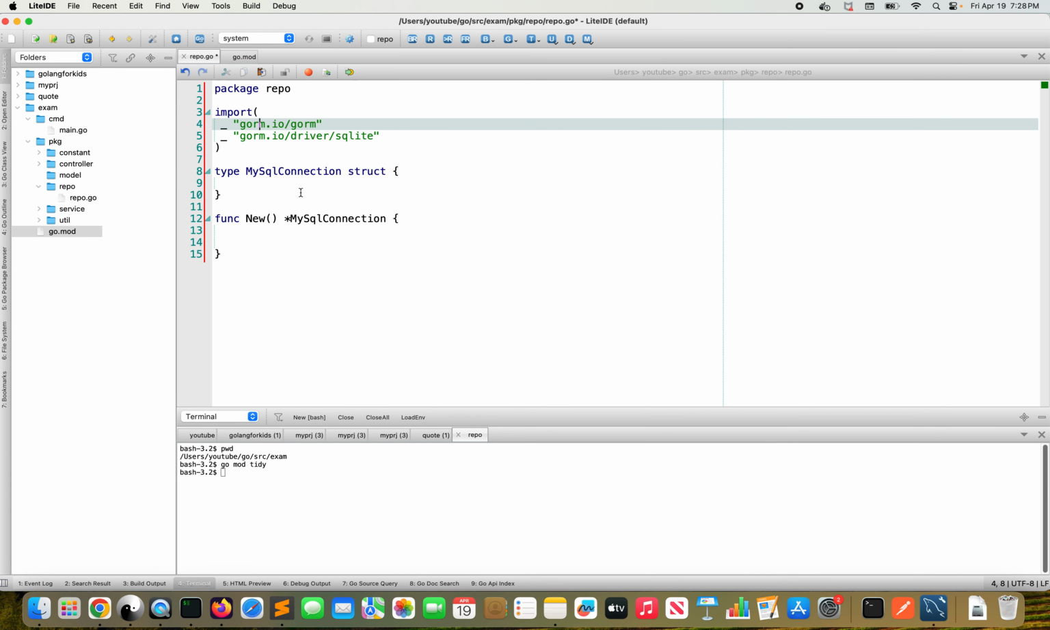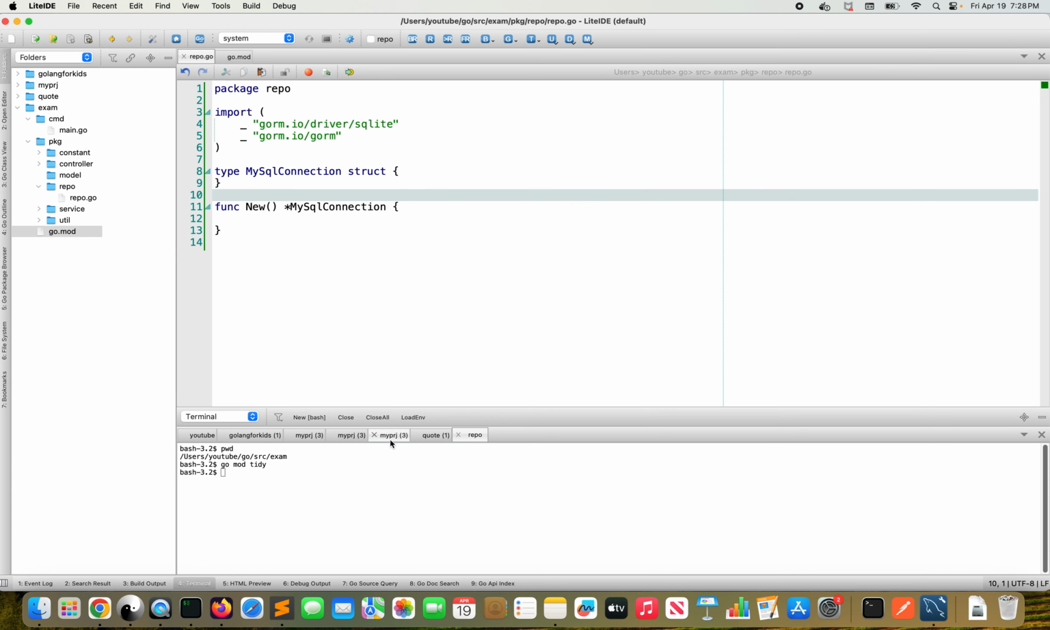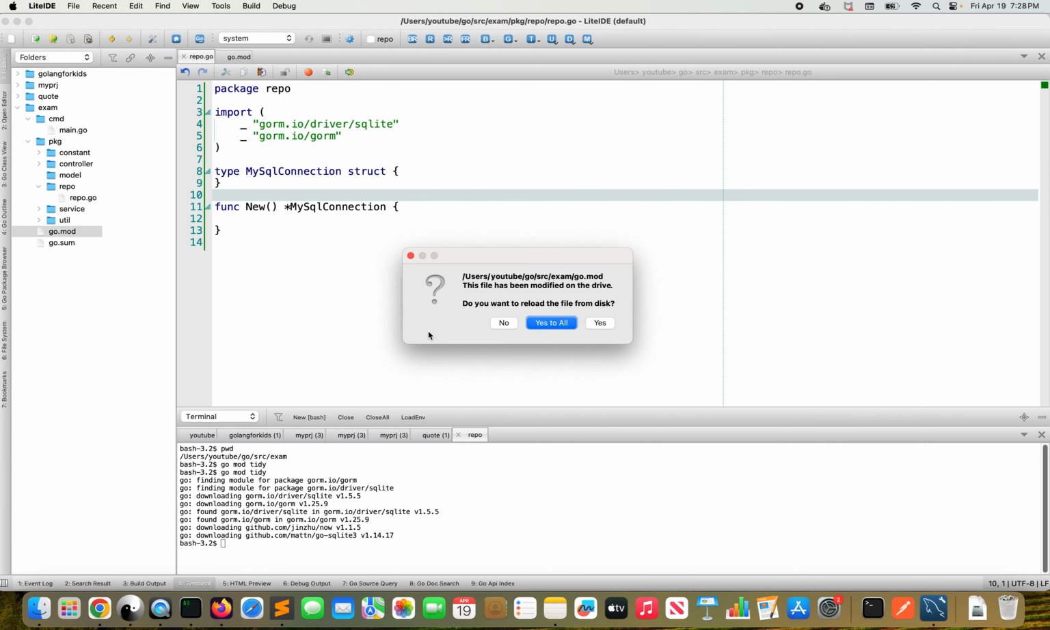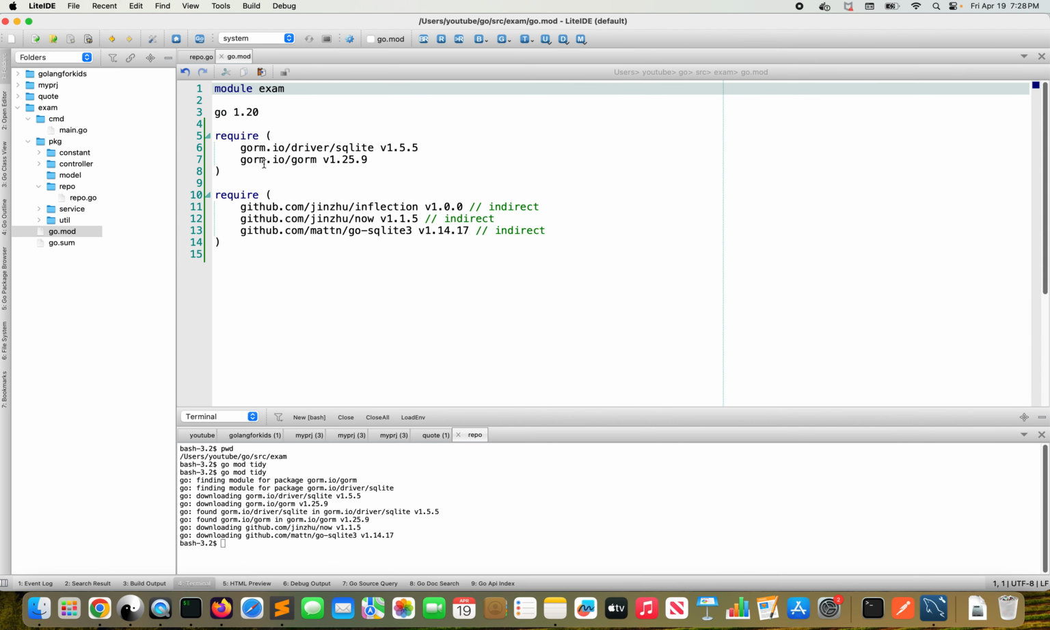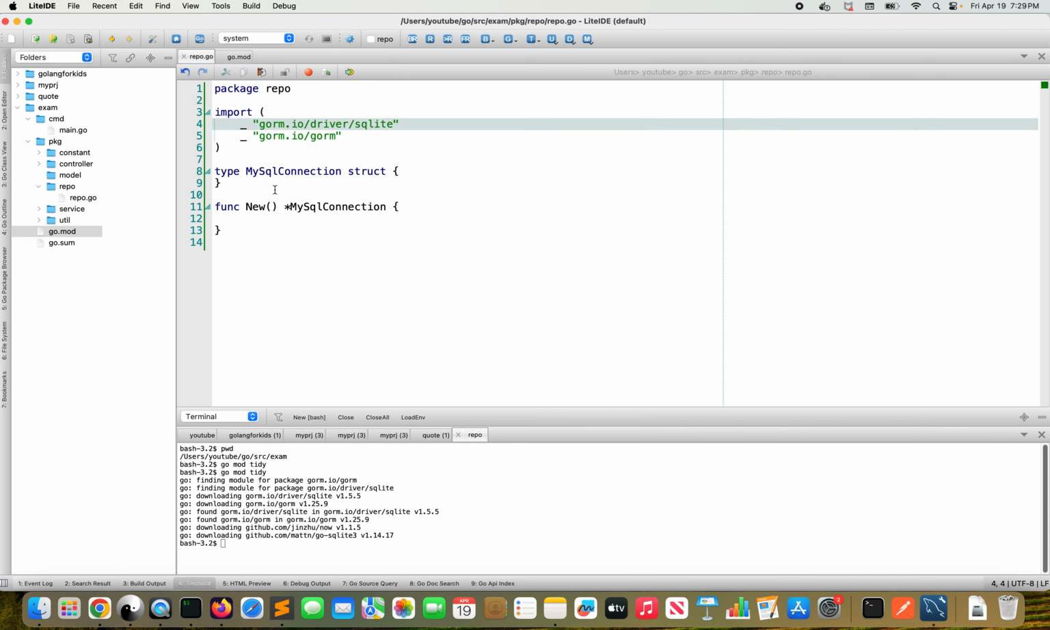It's not there. Okay, we need to save first. Okay, let's do go mod tidy. It's finding, downloading. Okay, go to the go mod, and you can see here all the related libraries. So that got downloaded. You can go to the repo. Okay, now we can get rid of this,